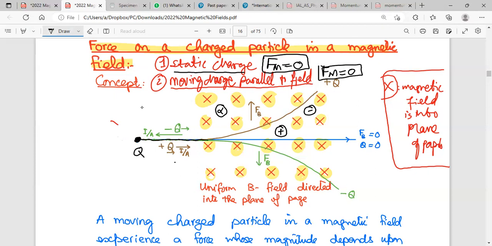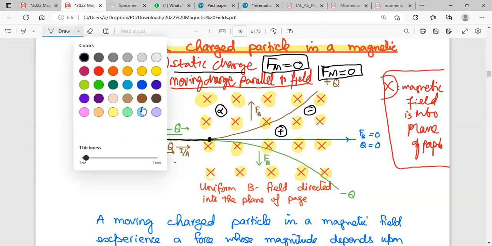As soon as it enters the magnetic field and it reaches a point,